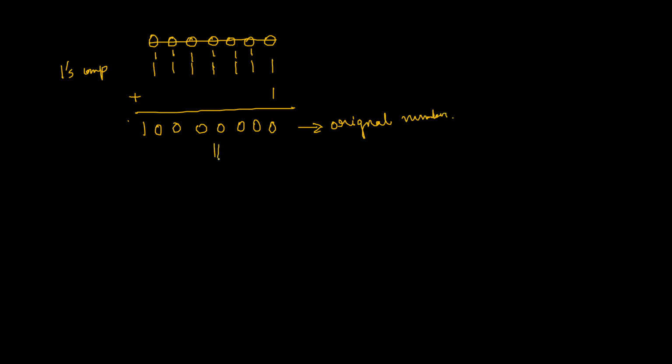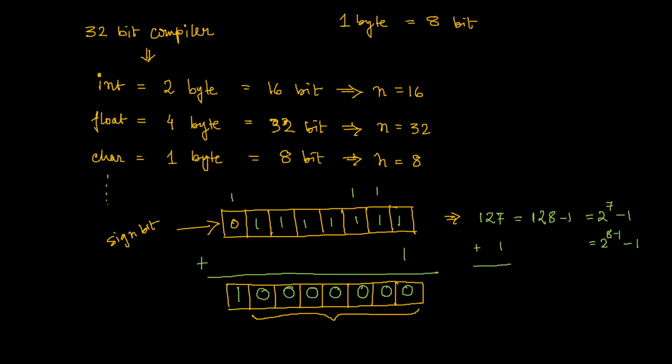And what is this value? Corresponding decimal. If you do this, this is 0, 1, 2, 3, 4, 5, 6, 7. That means it is 1 into 2 to the power 7 plus all zeros. Right? So I am ignoring this. So what does it mean? It means 128. But since this number is actually negative, as a whole the number that I have got is basically minus 128. Surprisingly, you see, you are adding 127 with 1 and you are getting minus 128.